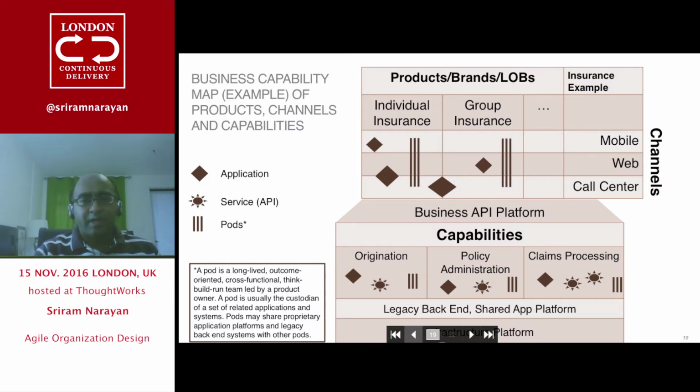And when it starts off, you might find that when you do this kind of mapping, you might not find all applications neatly falling into one of the boxes here. You might find that, okay, we have this one application which supports both these lines of businesses. And similarly here, you might find some applications that straddle capabilities, but still after a couple of rounds of mapping, we will be able to come up with a distribution where most of the applications fit, unless you have really huge monoliths in your organization and that's all there is, in which case, even in that case,